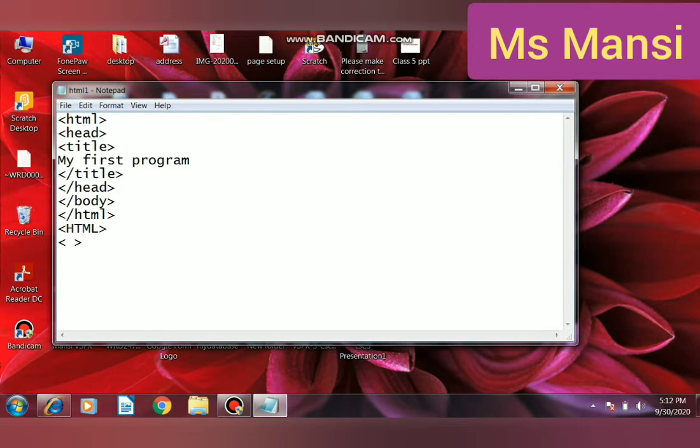For example, I will write here one tag, starting with a less than sign, then p tag, then closing tag. P tag is used for paragraph. If you want to write a paragraph in HTML code, you will use a p tag.